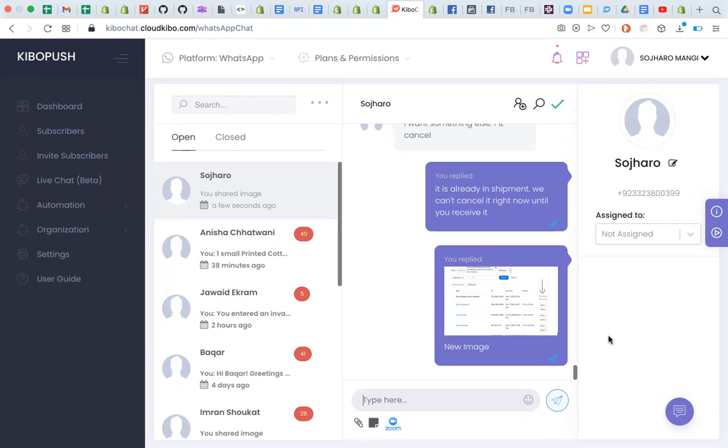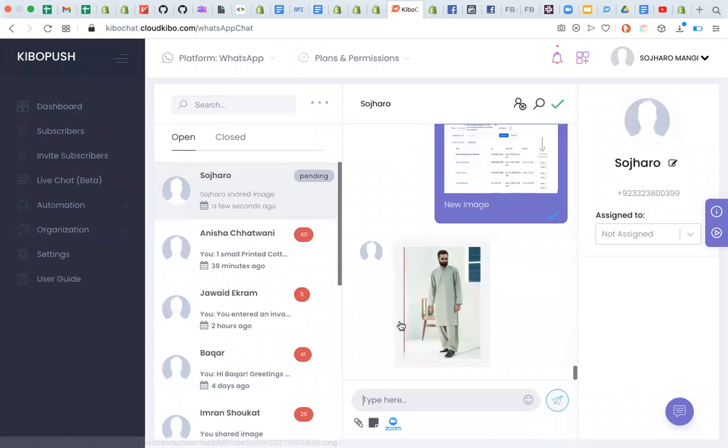You can see we have received an image from the customer side here, and the other option that we have is to send stickers. Also, if an admin needs some audio or video or a call with the customer, we have given this option called Zoom. Any agent can start a Zoom meeting with the customer in order to better resolve their queries if the query is not being solved on the chat.